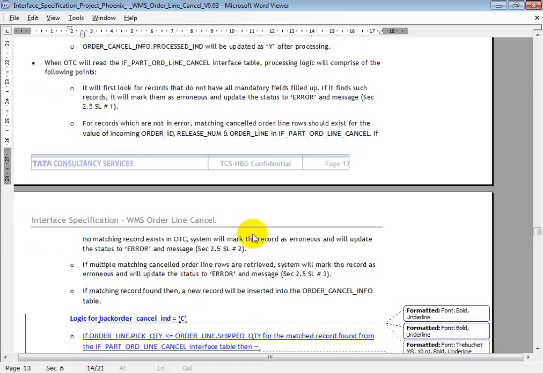Let's see partial. So let me summarize. For full order cancellation, you have to create an order, release it, and send it to WMS, and you have to request the WMS team saying this is the reference number, under this reference number we have this item, nothing but the ISBN, of quantity 10. We need the full order cancellation for this ISBN with backorder code either B or C.